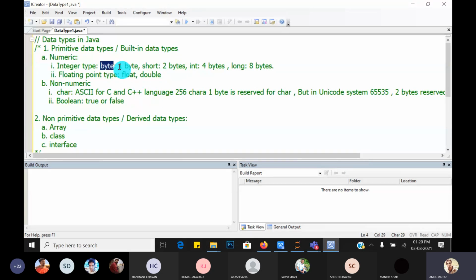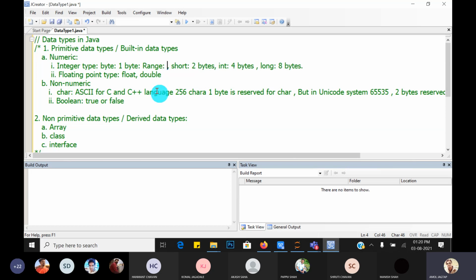For example, if we are required to store only 100 values, that is from 1 to 100, then 1 byte data type is sufficient. Okay, because guys, we know each and every data type in any language has a range.